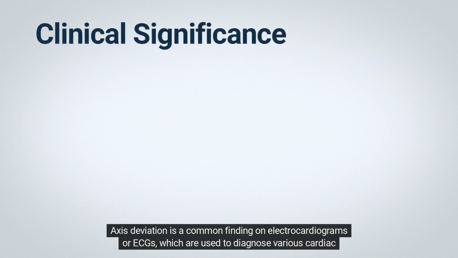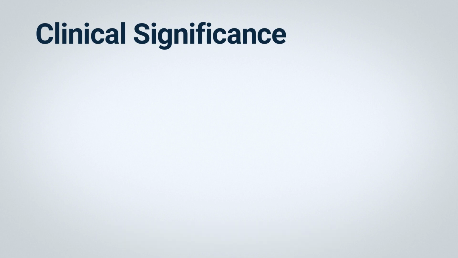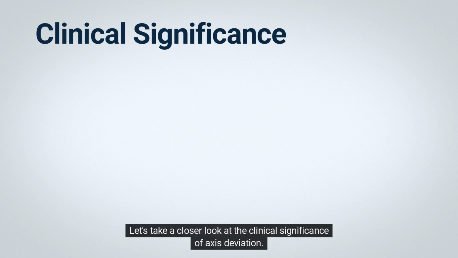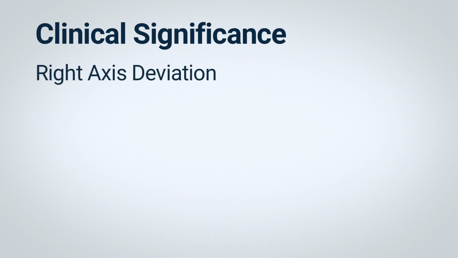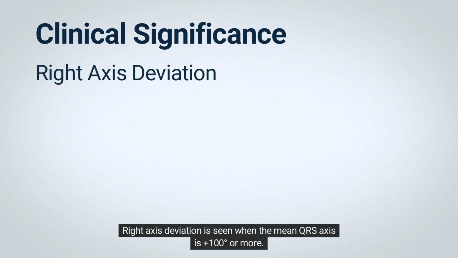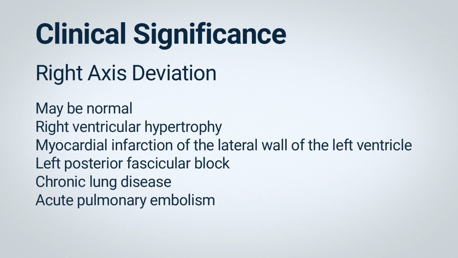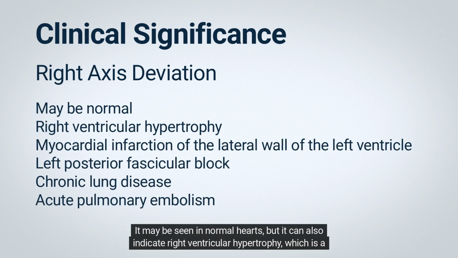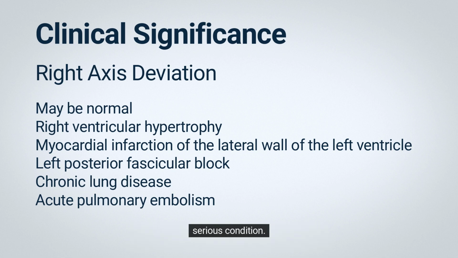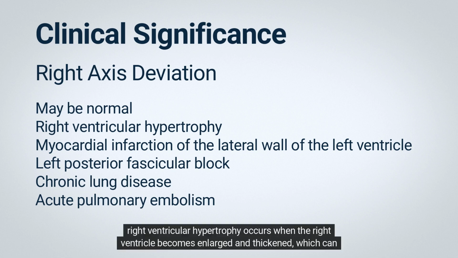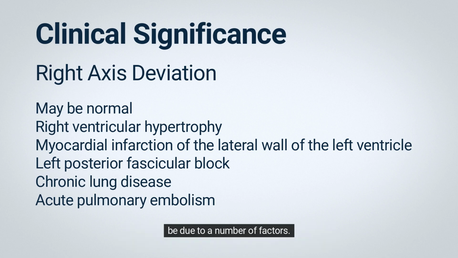Axis deviation is a common finding on electrocardiograms, or ECGs, which are used to diagnose various cardiac conditions. Let's take a closer look at the clinical significance of axis deviation. Right axis deviation is seen when the mean QRS axis is plus 100 degrees or more. It may be seen in normal hearts, but it can also indicate right ventricular hypertrophy, which is a serious condition. Right ventricular hypertrophy occurs when the right ventricle becomes enlarged and thickened, which can be due to a number of